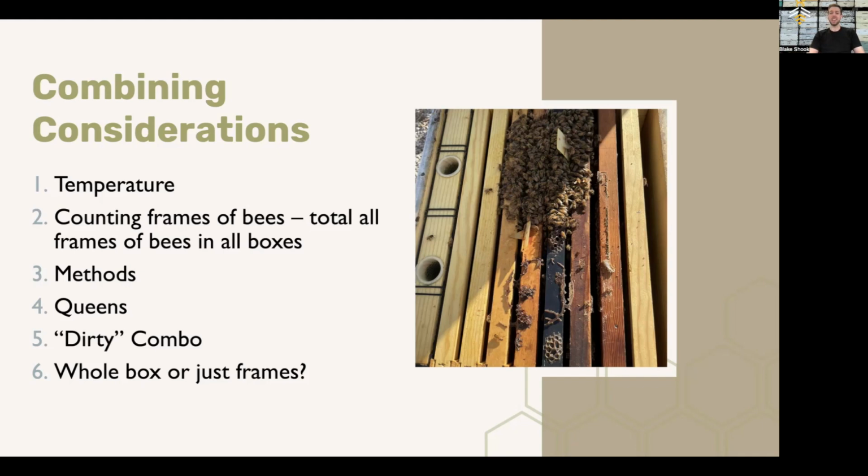And that's way easier than messing with newspaper and coming back and seeing if they chewed through it and pulling off the newspaper. Just stick them together. What most commercial beekeepers do, I'm not saying that's always the right thing to do, but they do it for a reason. And what I often do is I would pull these 4 frames out of this weak hive